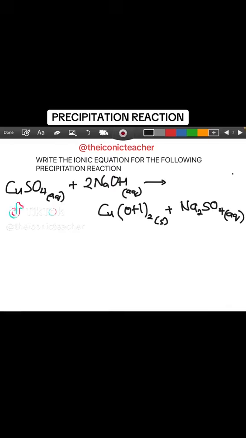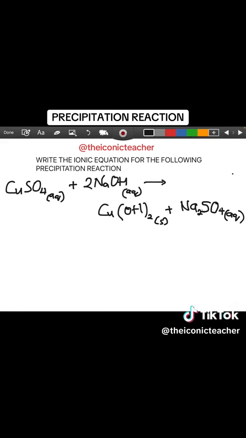Write the ionic equation for the following precipitation reaction. Now, the first thing we have to do is to ensure that this chemical equation is balanced. So looking at it critically, this chemical equation is balanced. The next thing we do is to